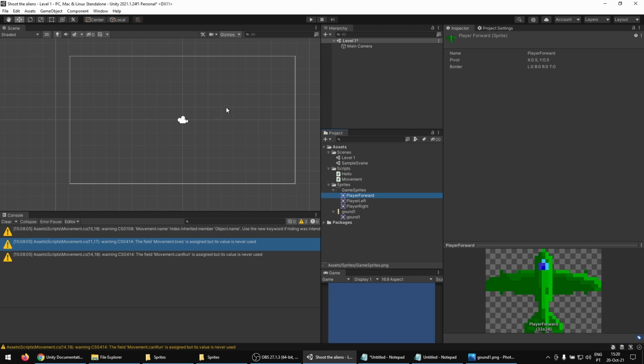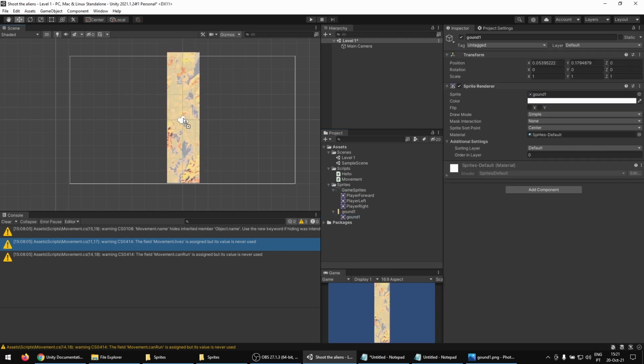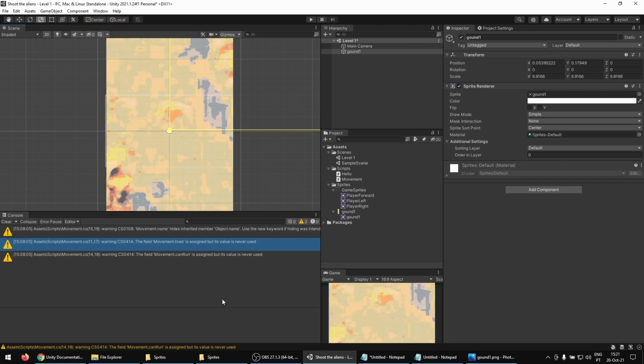Now let's talk about the camera and how we can control the pixels per unit setting in the sprites. This is very important. If I drag this ground to the scene, you can see that this doesn't fill the screen. It should be something like this. Let's scale it manually. Okay, but this is not the correct way of doing it,